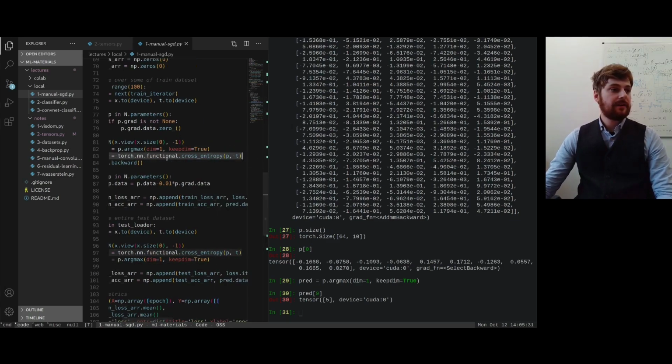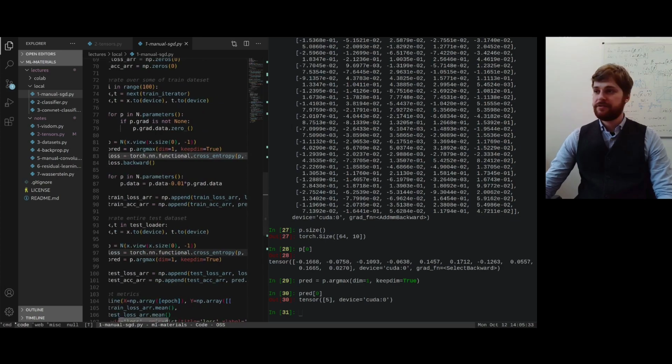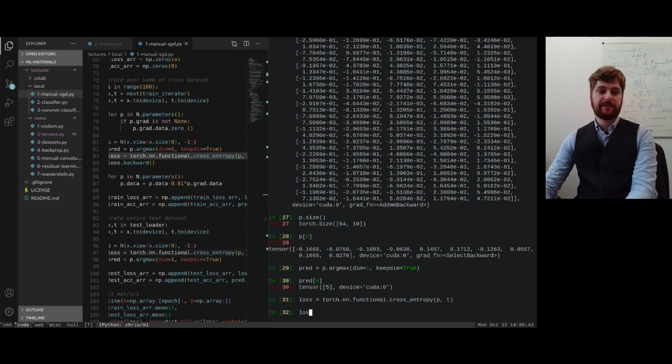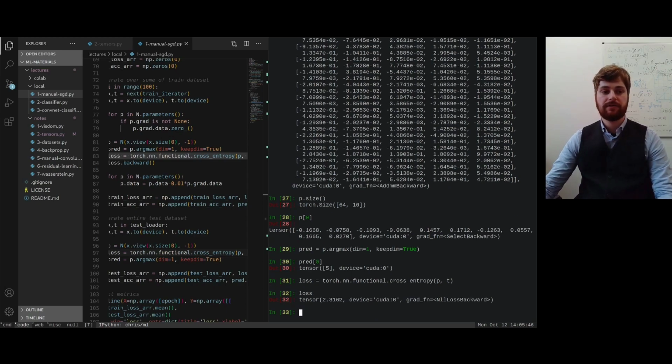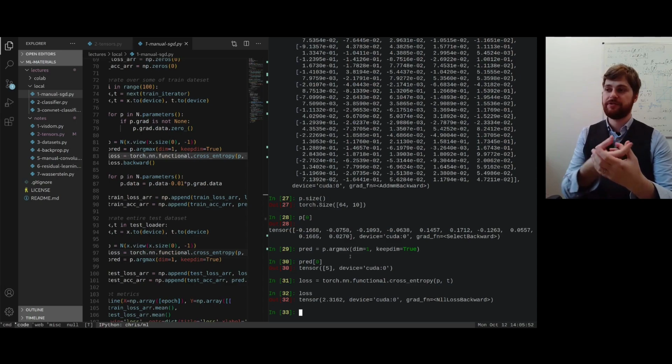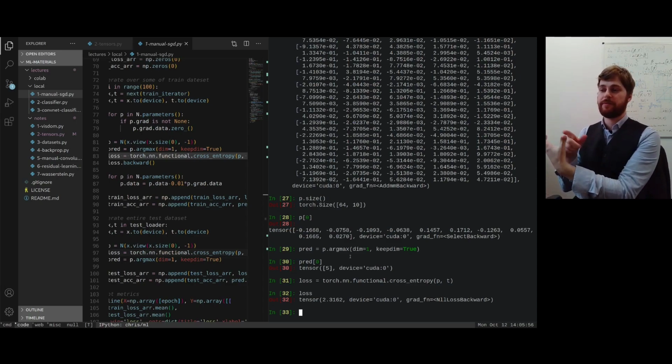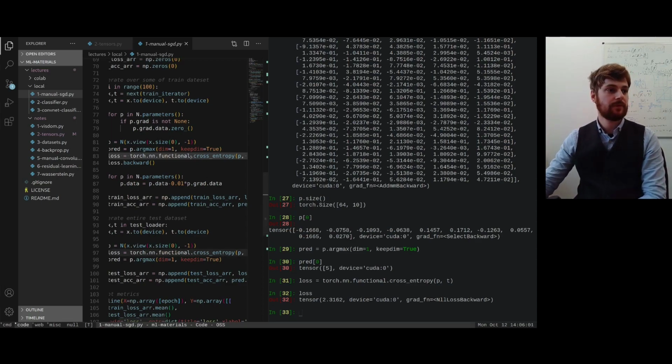And then the loss we're going to minimize is the cross entropy, which we'll come on to what that means, but it's basically a loss which works well for categorical classification. We'll discuss that in a later lecture. But this basically just gives us a single value which tells us how close the prediction is to the ground truth probability distribution. So we try to make the prediction distribution